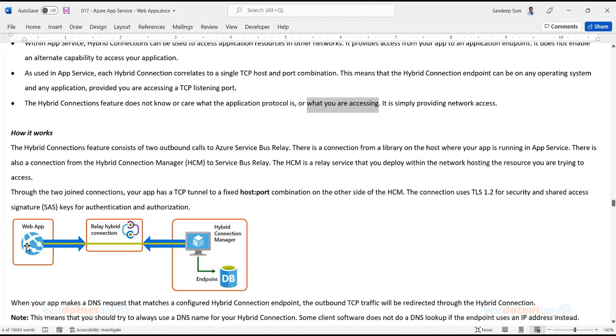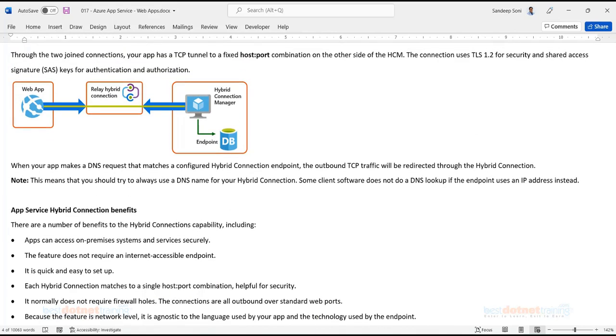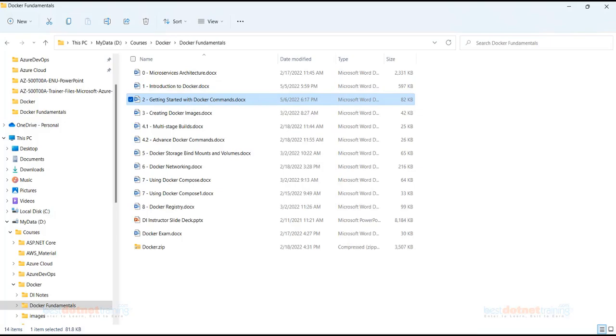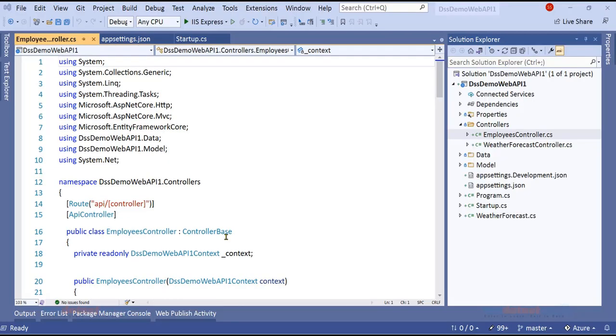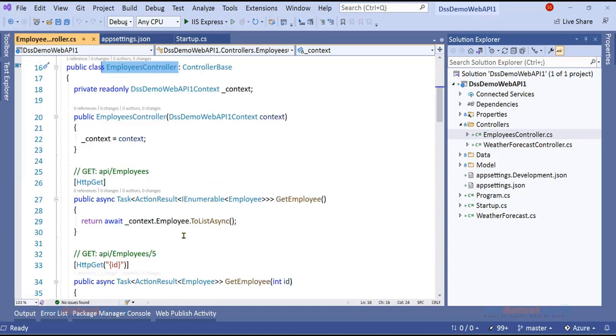So to demonstrate this whole thing, and we'll come back and discuss the rest of the theory, what I would suggest is to look at one project which I have already developed. So this is a simple employees controller which I have developed. Do not worry too much about the steps to run this particular application.